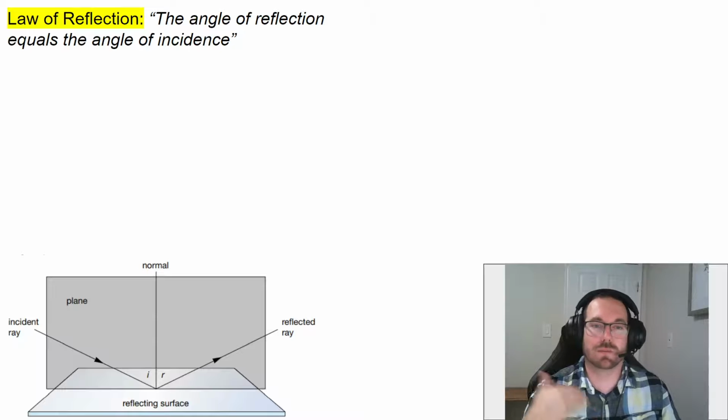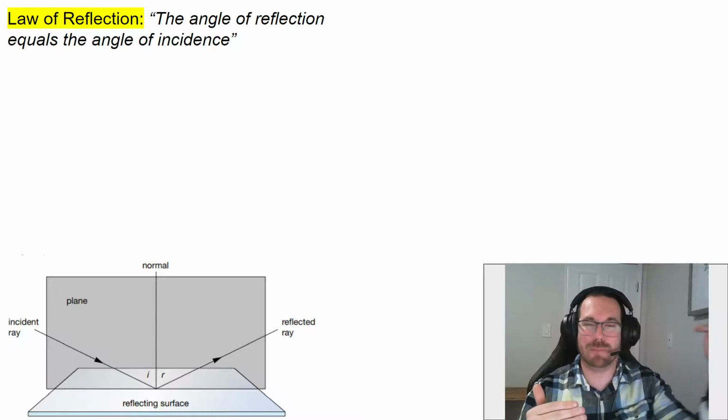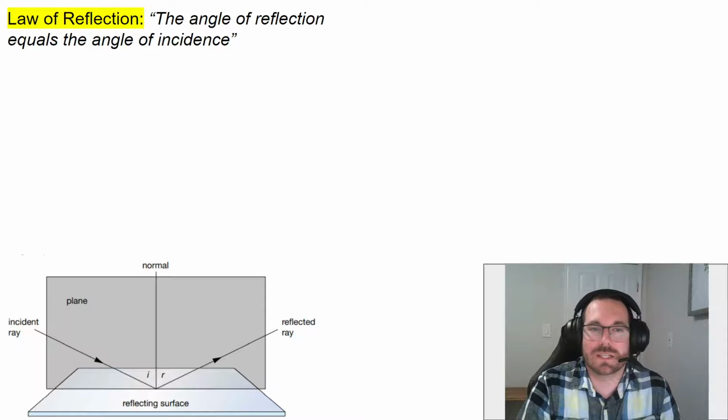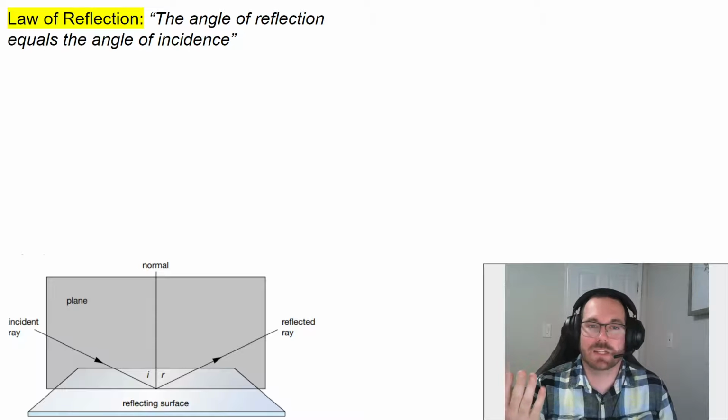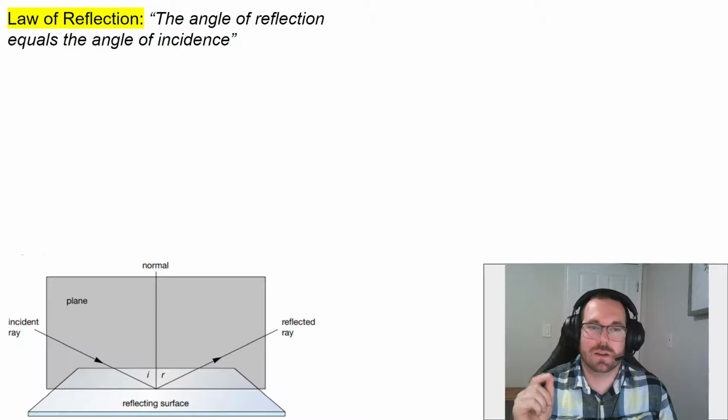It allows us to predict where certain rays or certain lines are going to go when they hit a particular surface. It allows us to figure out mathematically exactly the path that those rays are going to take. For example, if the angle of incidence is 60 degrees, then the angle of reflection has to be 60 degrees. Another important relationship we're going to see is that the incidence ray, the normal line, and the reflected ray all lie within the same plane, and we'll unpack that a little bit more too.